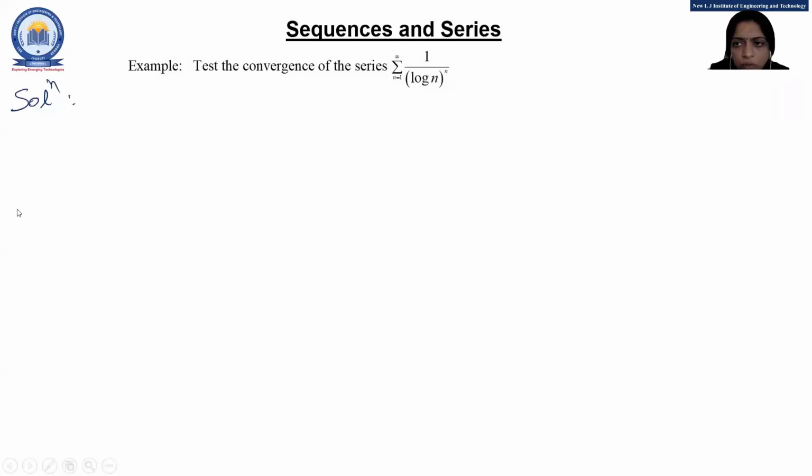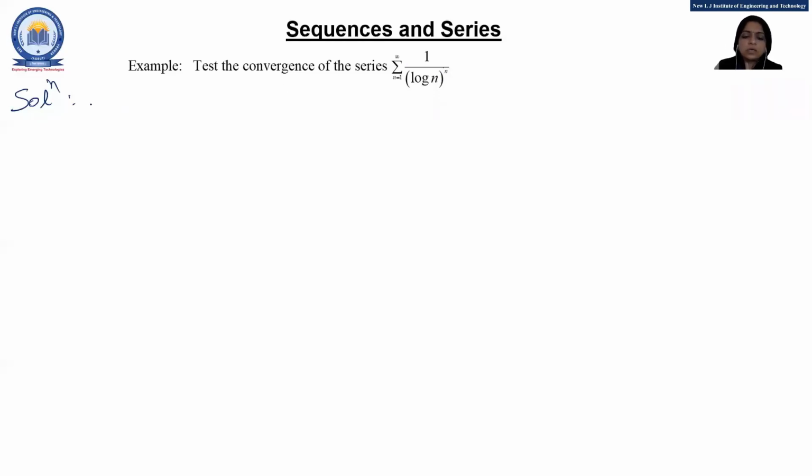Students, I give you one hint for this root test. If your given series has power n or n plus 1 like that, then this root test will be easy for you for getting the result. You can apply other methods also, but as per my experience, when the given series has power n or n plus 1 like that, at that time this root test is easy. So let's start the root test.